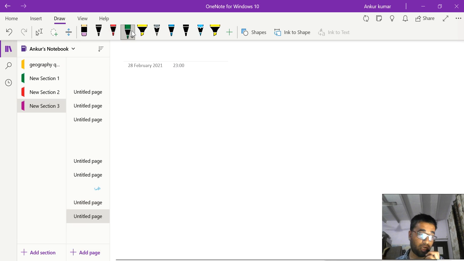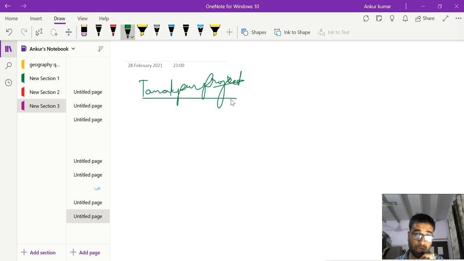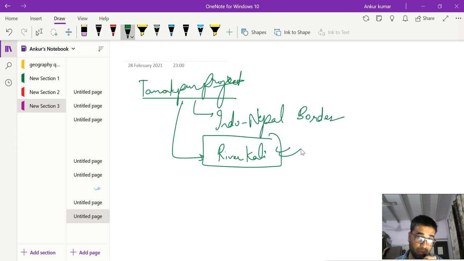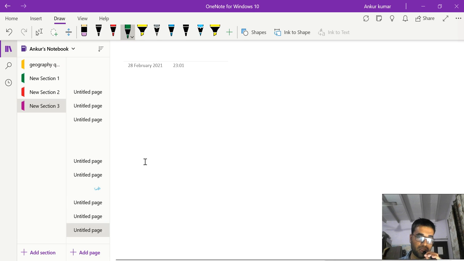Next is the Tanakpur Project. Tanakpur Project is at the Indo-Nepal border, right? And this is on river Kali. Okay, so you remember this Tanakpur project on Indo-Nepal border and is present on the river Kali. Okay, the next project is the